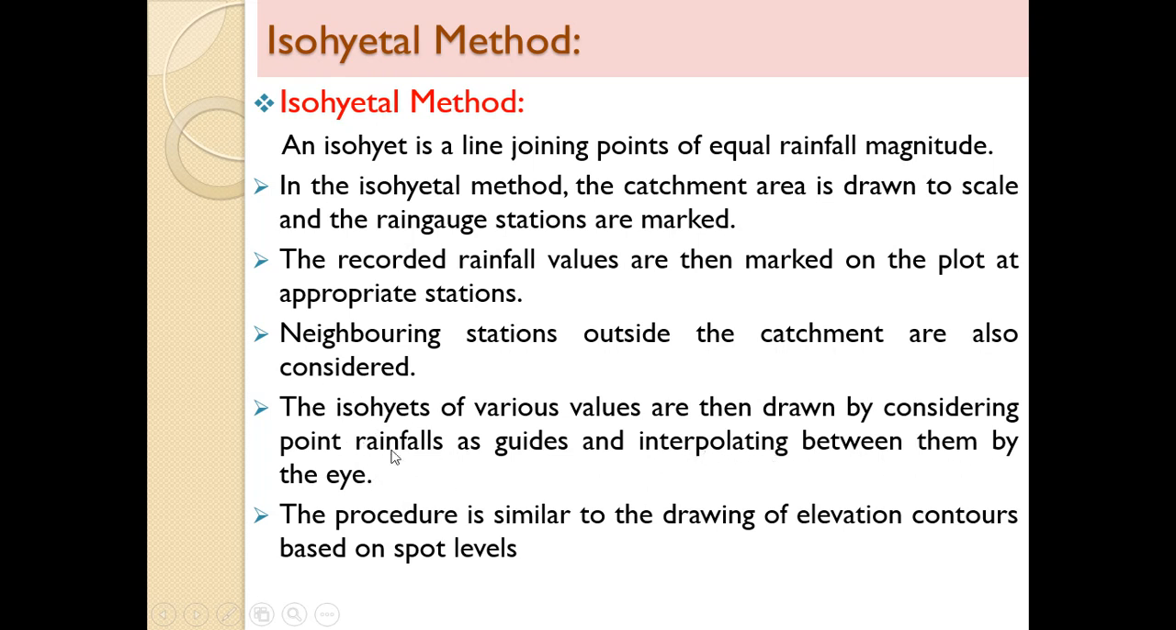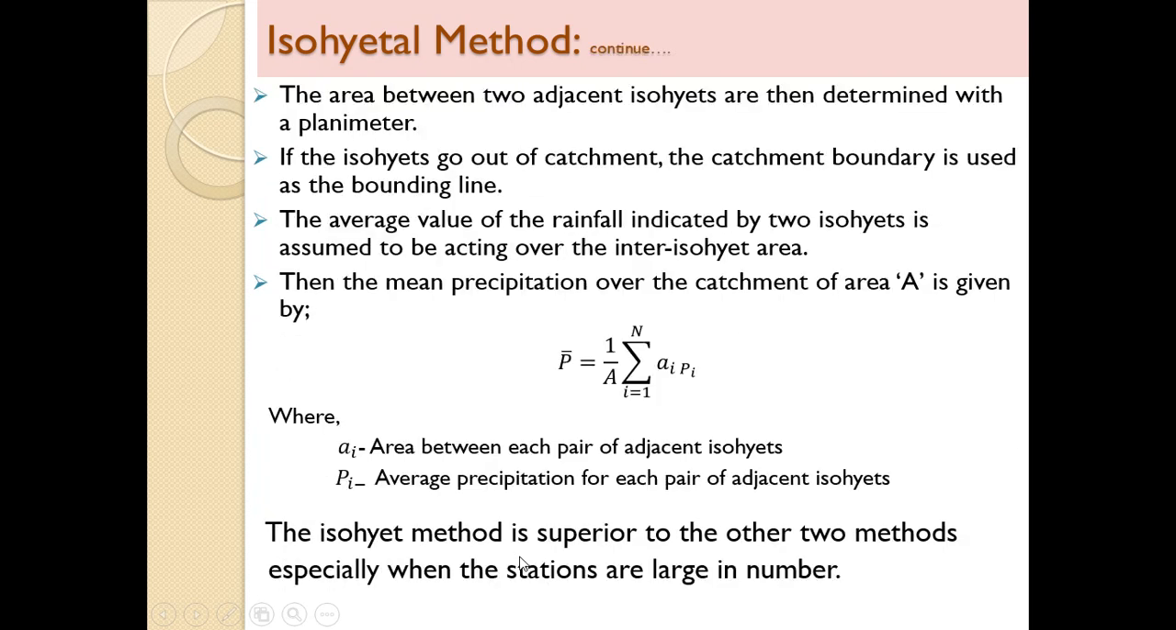Similar to a contour, by judgment by eye, the isohyets are plotted in between two rain gauges or two rainfalls. The procedure is similar to the drawing of elevation contours based on spot levels. The area between two adjacent isohyets is then determined with a planimeter. If the isohyets go out of the catchment boundary, the boundary is used as a bounding line, similar to the Thiessen polygon method. The average value of the rainfall indicated by two isohyets is assumed to be acting over the